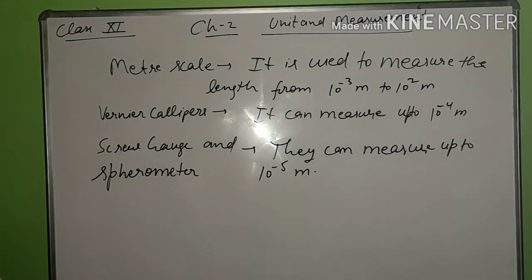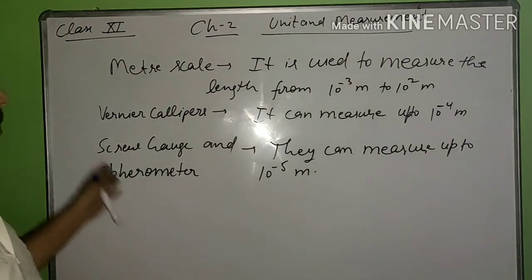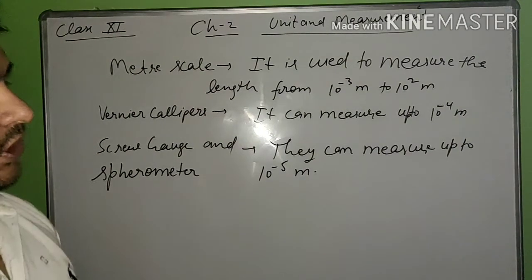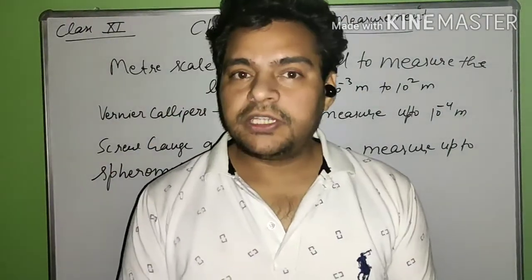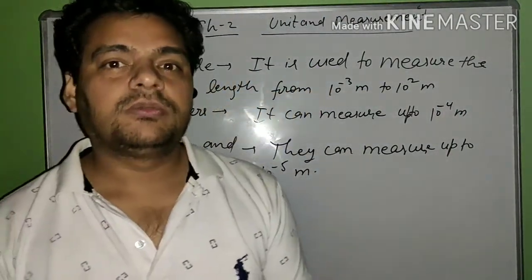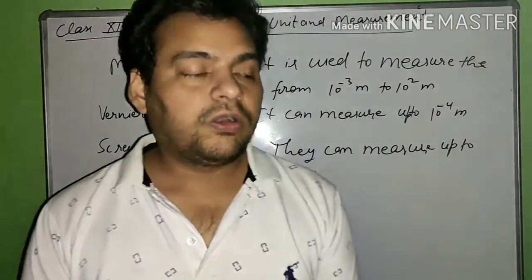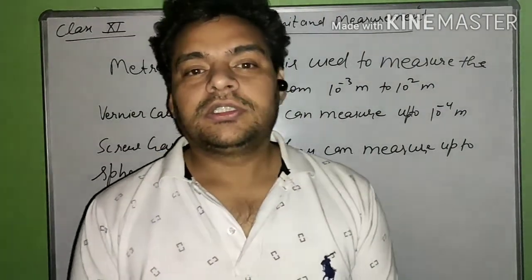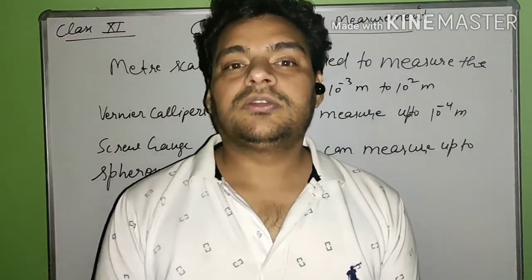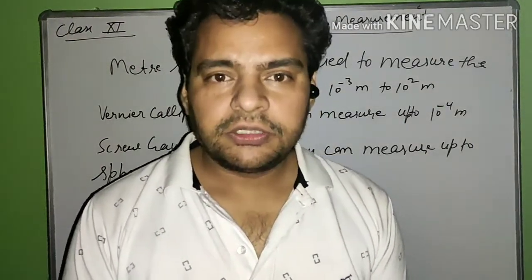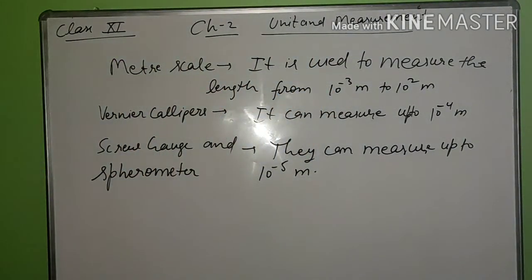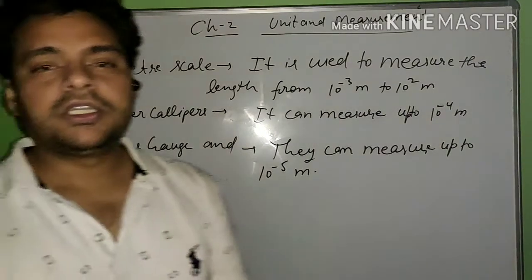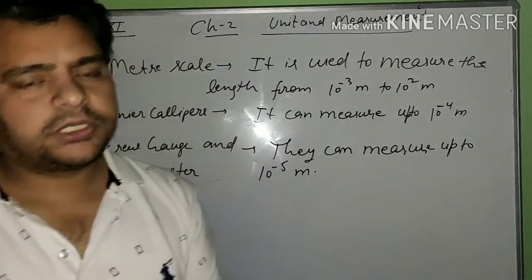These lengths can be measured by these instruments, but some lengths are very far, such as the distance from Earth to a planet, or if we want to find the diameter, angular diameter, or size of a planet. This is done with the help of an indirect method, and that method is known as the parallax method.